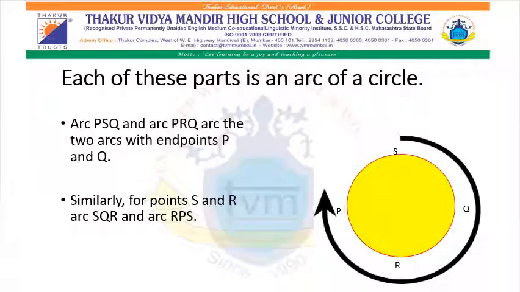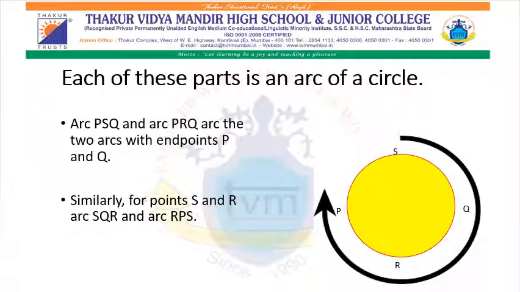You should note one thing in this. When you are asked to write the arc with the endpoints P and Q, that means P and Q points should always be included in the arc. If you see the figure properly, arc PSQ goes clockwise and going again from point Q, R, P, you can get the arc. This is the way how you can find out the arc of a circle.